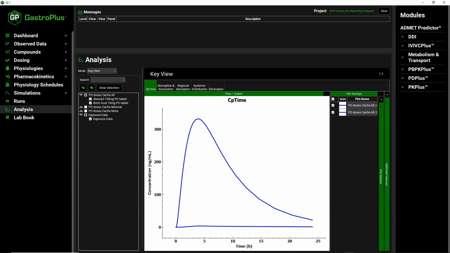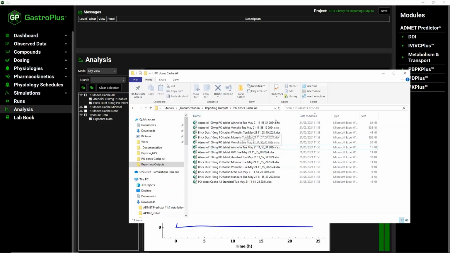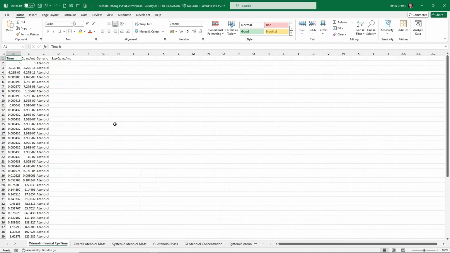But now our run has completed, so again we can go back into our folder and we can see that we now have the Atenolol and the Brick Dust, WinNonlin and Monolix that we have just requested to run. So if I again just open the Atenolol ones, because the Brick Dust will be arranged comparably, you can see that for the WinNonlin, we have the same CP time format that's compatible with WinNonlin, but we now have additional